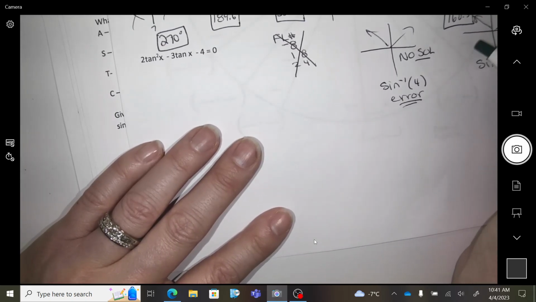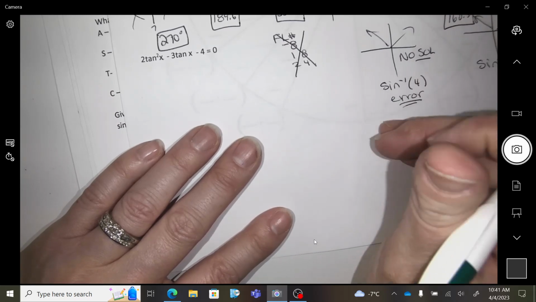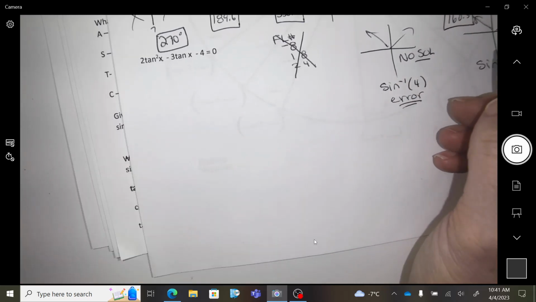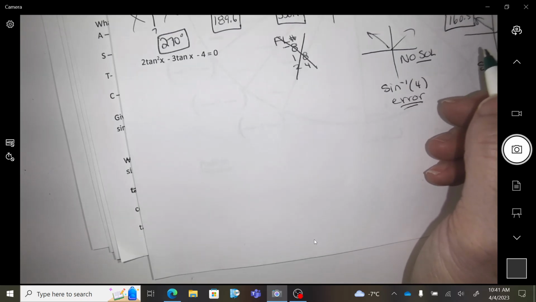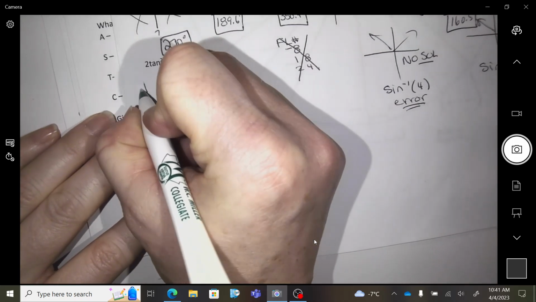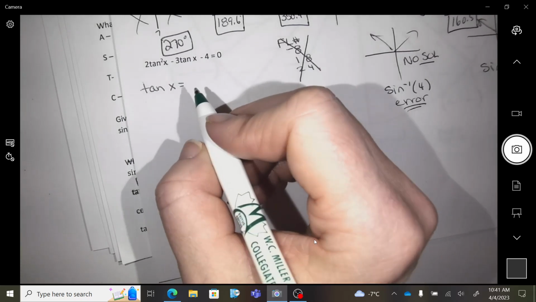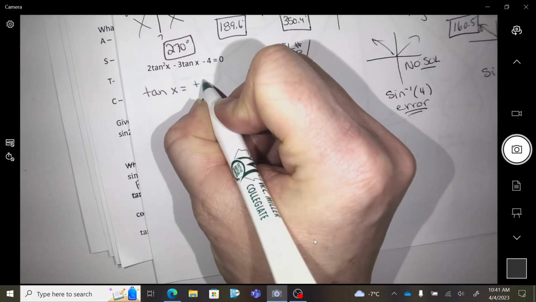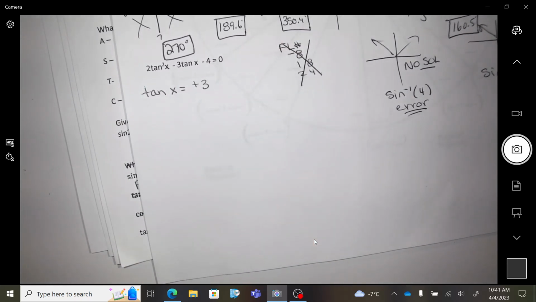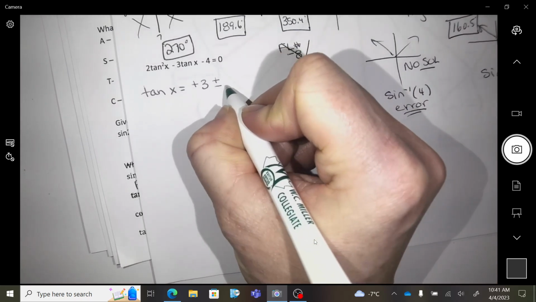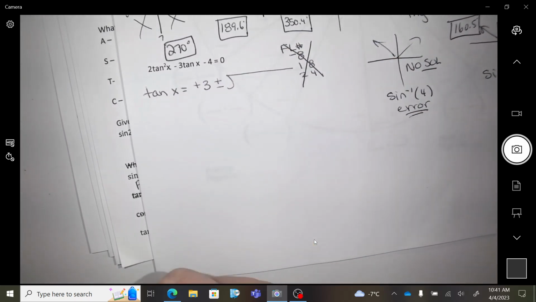What do we do? Quadratic formula. Remember on the algebra branch, you go through your factorings. If it doesn't factor, you have the formula. Okay. Instead of writing x equals, I'm going to write tan x equals. Okay. The formula is -b, so I'm going to write +3. Plus or minus the root of,